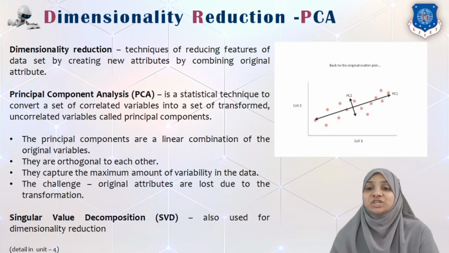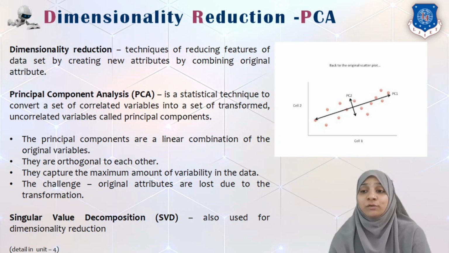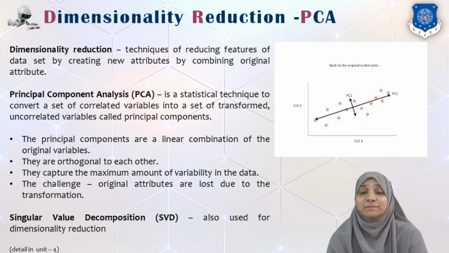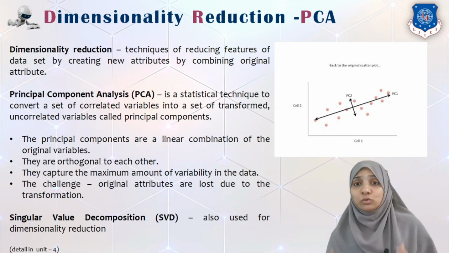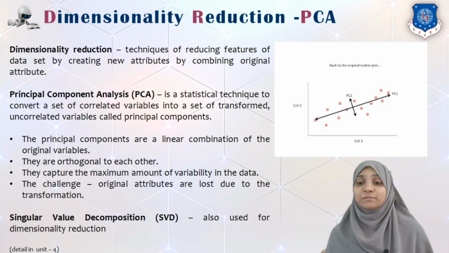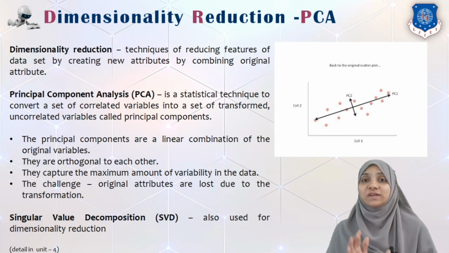One of the methods of dimensionality reduction is called PCA, Principal Component Analysis. This PCA is a statistical technique to convert high dimensional data into lower dimensional data. Whatever the data points are there over the scatter plot, we try to fit two or more vectors. These vectors are orthogonal to each other and we try to cover data points as much as possible. The challenge here is that if there are n dimensions that can be reduced to only k dimensions, the loss due to this transformation must be minimized as much as possible.